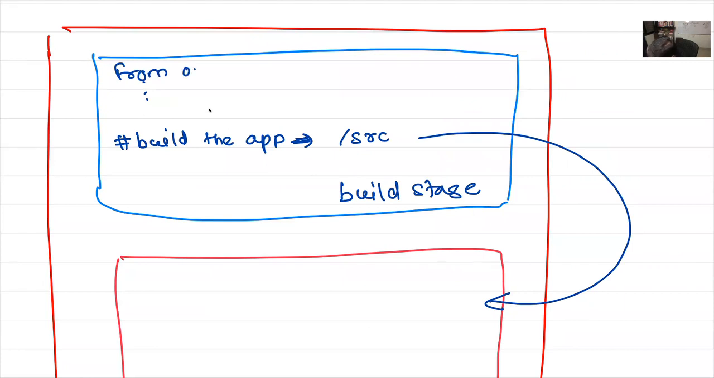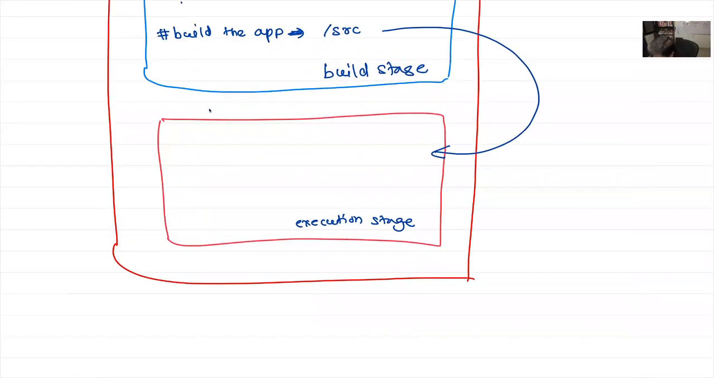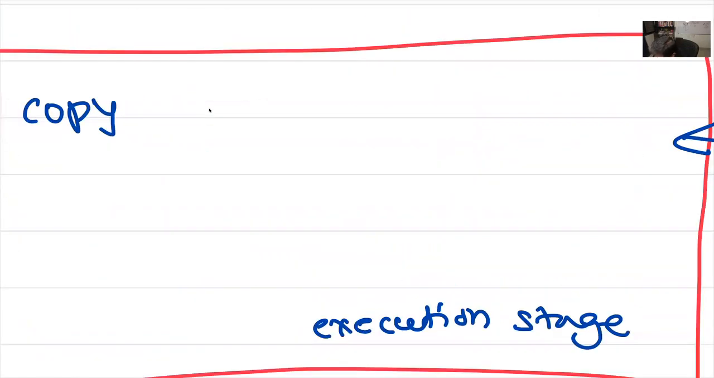openjdk:8. I'm going to call it whatever you want to call it. I'm going to call it stage 0 or stage 1. You can call it anything here, it doesn't matter. This is just a kind of temporary name given to this stage. And then you can copy something from the previous stage into the next stage by saying copy. This is the command we have used, from minus from,